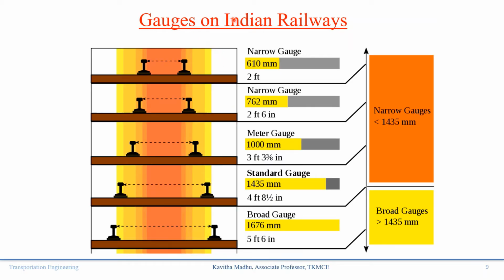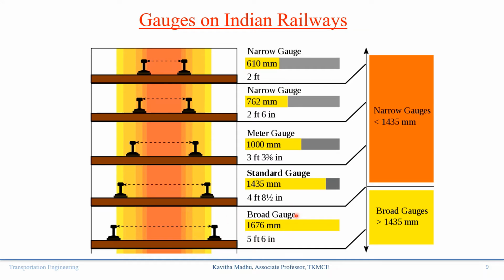So what are the different types of gauges? On Indian Railways, there are three main gauges, or I can say it is broadly classified into two, broad gauge and narrow gauge. And in between comes the meter gauge. So depending on the distance between the rails, they are named as different gauges. Okay. If the distance between two parallel rails is 1 meter or 1000 millimeters, it is known as meter gauge. And whatever is less than that is known as narrow gauge. And the gauge more than that is known as the broad gauge.